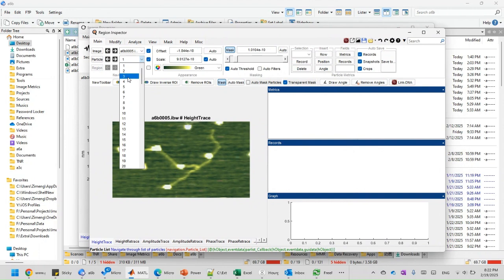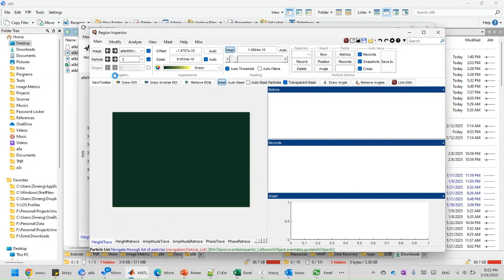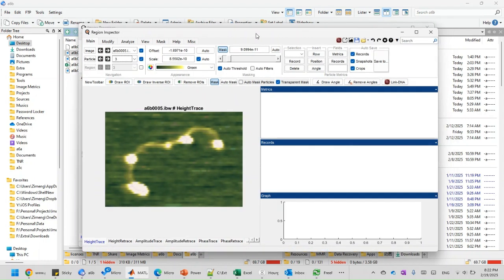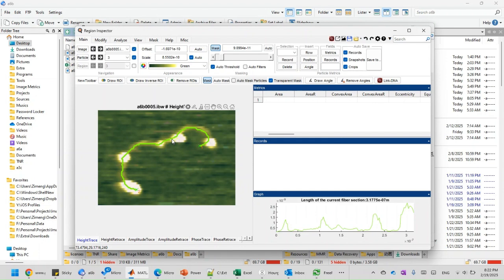Now we are at particle 3, right? So particle 2 should be region 2 and 3 here. That's the same, right? So we are at particle 3. That's where we are at. So now we can continue our analysis starting from here. The only thing different is after you finish analyzing these, it's going to ask you to save to